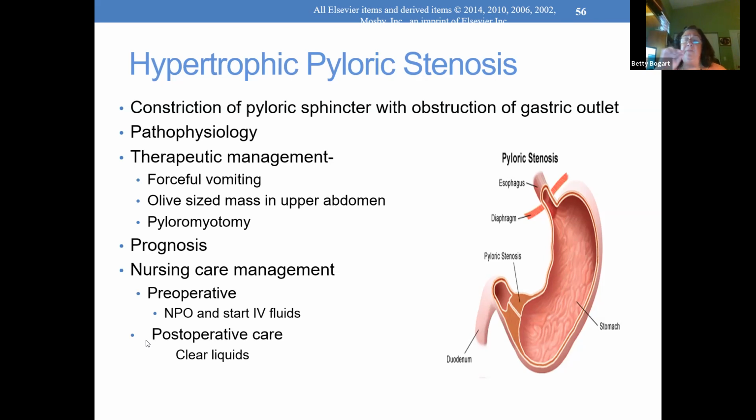the room, I'm going to feel their upper middle abdomen. And I'm going to feel, you almost feel like a little olive there. And what that is, that sphincter, that pyloric sphincter, you can feel the hard swelling and the muscularness of it. And you could feel it there. And you're like, okay, surgery. So they take them to the ultrasound, they find out what's going on. And what do